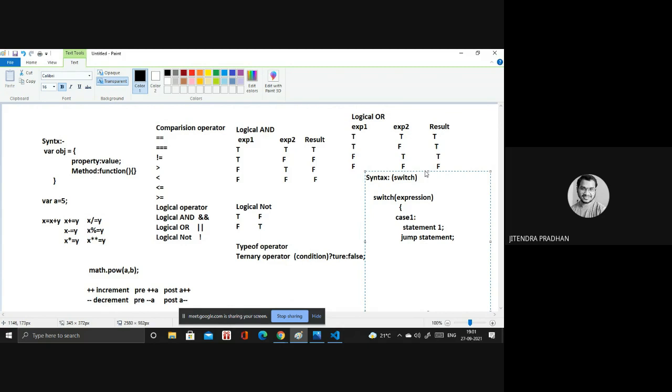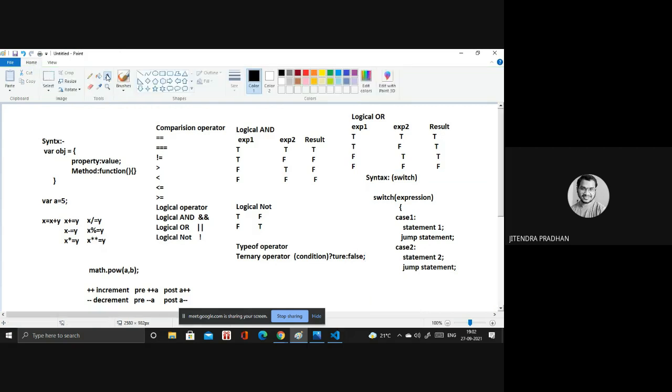Next we have case 2, and in that, statement 2, and we have to write a jump statement. Next we have case 3, and you write accordingly.